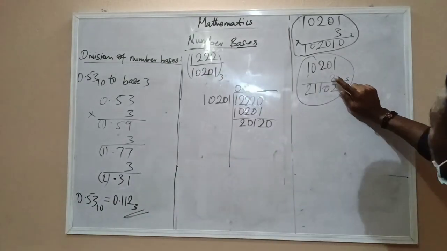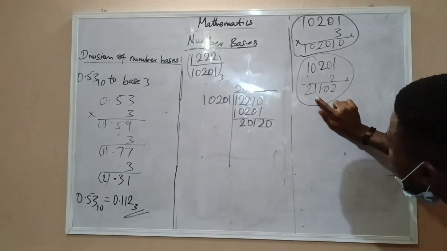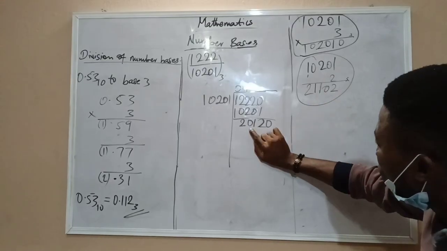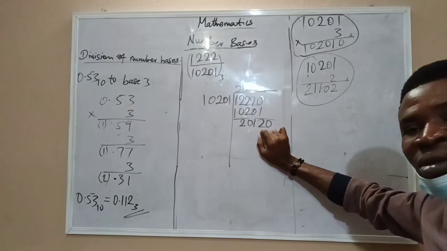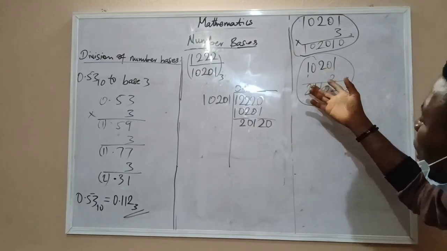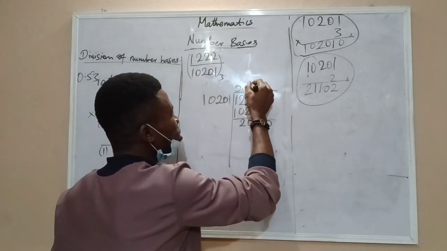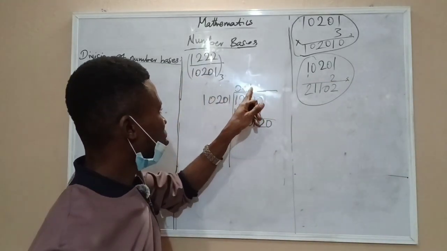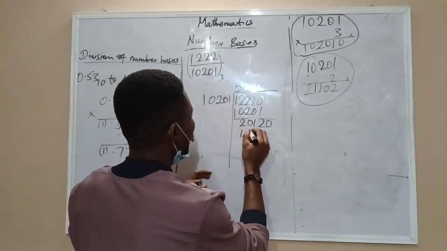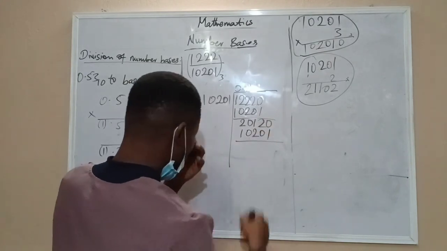Now, if we look at when we multiply it with 2, 2 is 21,000. If it is at base 10, it is 21,102. But this is 20,120, which means that if you multiply with 2, it will be bigger than this one. And the only available option is still 1. So we use 1 for the second time. So 1 times this thing will give us this thing, 10201. And then when we subtract